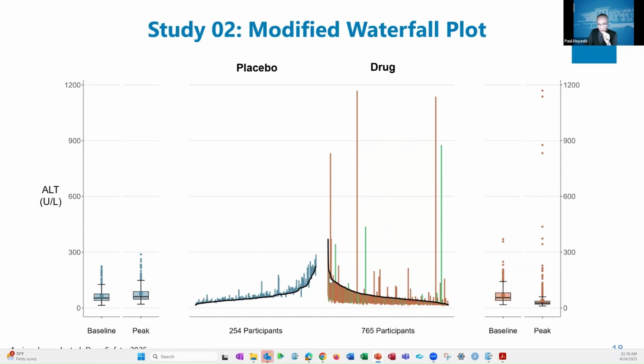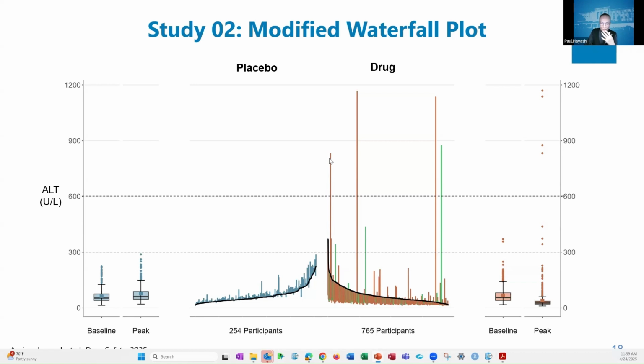Secondly, interestingly enough, this drug worked. It brought these ALTs down greatly. It had great efficacy. So that's that curtain of downward brown, but it also had a little bit of a DILI signal. And then what we did is anybody who got jaundiced, because remember I said they couldn't have significant hyperbilirubinemia, so any jaundice was new, we tagged them as green. So now you have visualization and you can do categorization. Maybe you could say, well, I want everybody over 300, and I certainly want anybody with a green bar, or maybe over 600. So you can make your cut, categorize, and go after these cases.